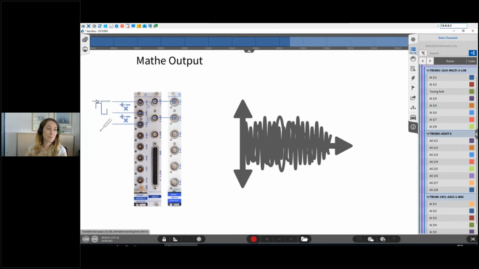Here, I will again use my function generator and my tuning fork, and it works in a way that I use two channels which will be used for a mathematical operation, and they will be output on one of those output channels. That's what I defined since I have connected those on the voltage board. So I will